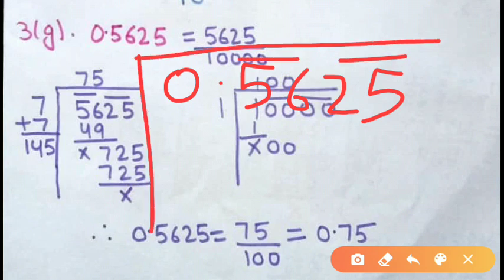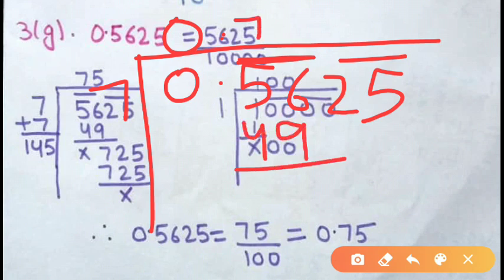Now in the first place it is given 0 point, so first of all you write 0 point. What about the first pair? The first pair is 56. So you want a number less than 56 or equal to 56. 7 into 7 will give you 49 and 8 into 8 gives you 64. But 64 is greater than 56, so we will go with this 7. So write here 7, 7. 7 sevens are 49. When you subtract it, you will get 7 only. Write this 7 here also and just add them, you will get 14.